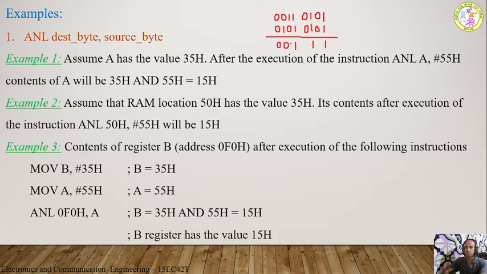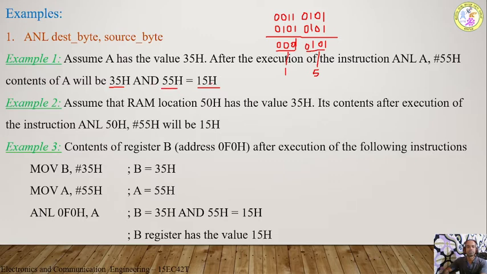So here 1 AND with 0 is equal to 0. Here 1 is there, and again 0 AND with 0 is 0. And 0 AND with 0 is 0. Now 0, 0, 0, 1 is nothing but 1 in hexadecimal, whereas 0, 1, 0, 1 is 5. Therefore the final answer is 15H. So whenever you AND 55 with 35, you are going to get the